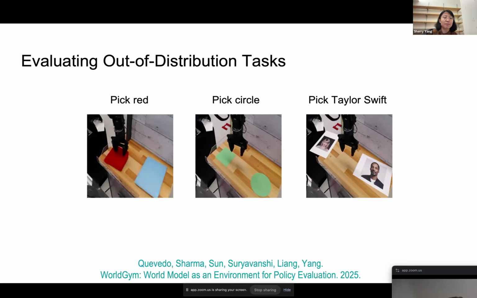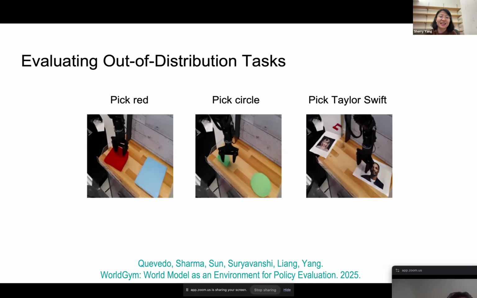But they are pretty bad with shapes. When we did the square versus the circle, the policy is pretty random, 50-50 in terms of which direction they would move towards. We suspect it's probably because a lot of the tasks that people use for robotics have language about the color, like pick up the yellow banana, but they tend not to talk about the shape. That's why VLAs tend not to have shape information. And when we tried to test internet scale knowledge, we said pick Taylor Swift. Again, it's pretty random, a 50-50 chance of which poster the policy will select.